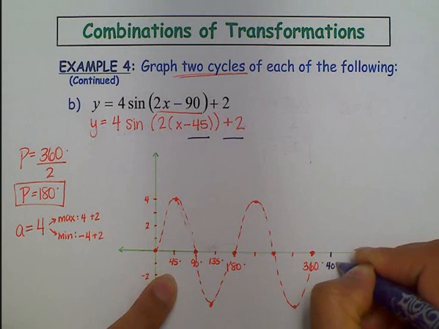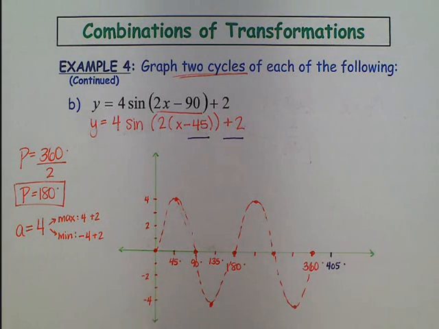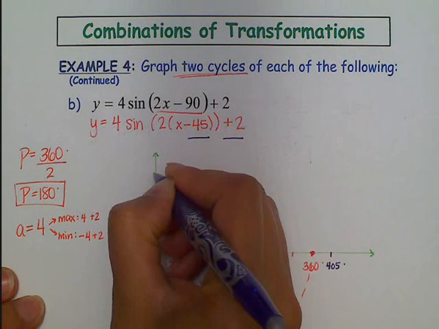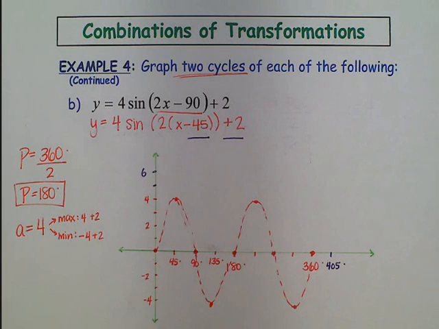to move this up to 405. So adding 45 to that is going up to 405. Similarly, because I'm shifting the graph up 2 units, I also need to extend my scale here and make it go up to 6. So what I'm going to do is shift each of my points to the right 45